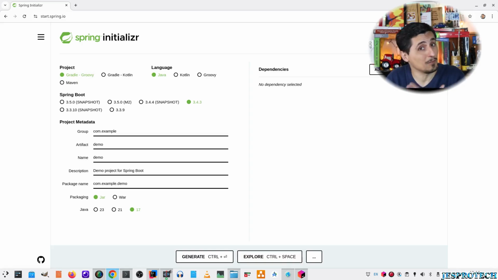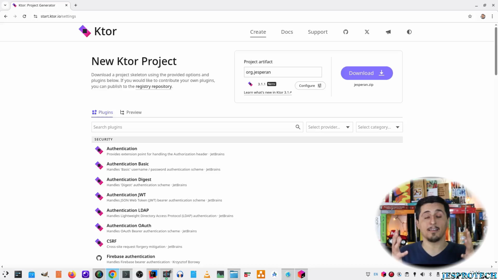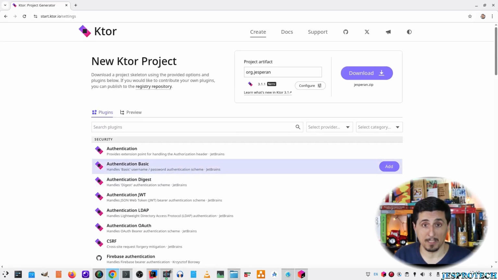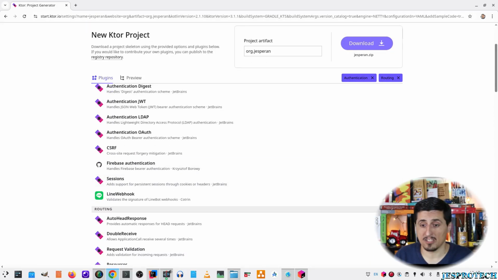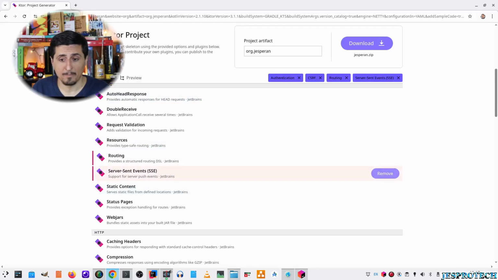But of course, this is not a video about Spring. This is a video about Ktor. And for that, we can just go to start.ktor.io. And we have almost the same thing, different colors, different brand, exactly the same thing to create our web application service. Here we can choose, just like in Spring, the different dependencies we want to use. So for example, in this application, we might be interested in authentication. We can add it. We can add CSRF, for example, if we find it necessary. We can add server-sent events, which is also very useful when we are implementing applications that are based on Kotlin coroutines. Maybe we want to have